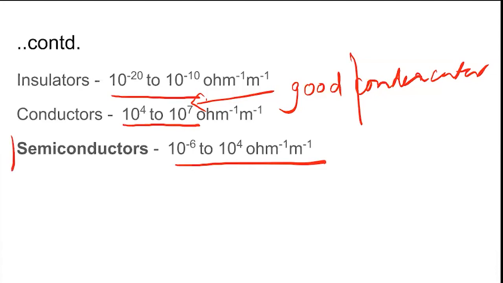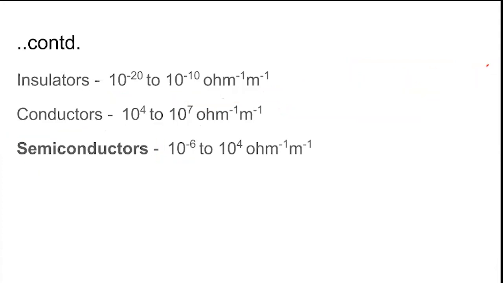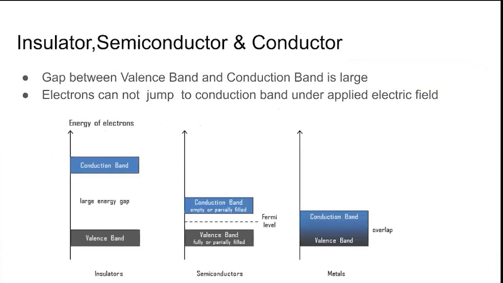The subject of our interest is semiconductors. This is the most important thing here. We are going to discuss it further. In all these three, insulator, semiconductor, and conductor, at the atomic level, at the electronic level, there are valence or molecular orbitals, and different orbitals so close that they tend to form a band. So we call them the valence band. And then there is a conduction band where electrons can move and conduct electricity.